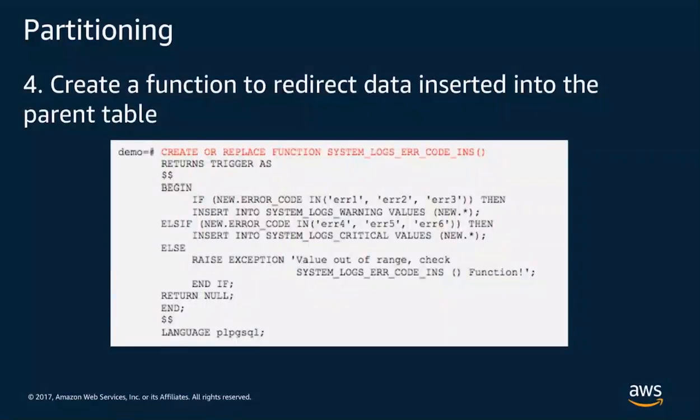And what we are doing next is to create that function that is going to handle inserting values into these partitions when we actually make DML events on the main table. For example, let's say I had a new insert with error 1. This function, when executed, is going to make sure the entry with error 1 goes into the appropriate partition, or the child table, which is system_logs_warning in our case, and make sure it's there both in the parent table and the child table in general. And it's also going to raise an exception in case